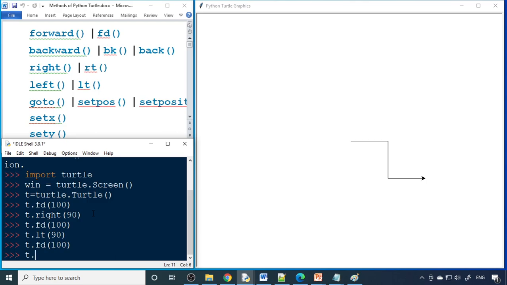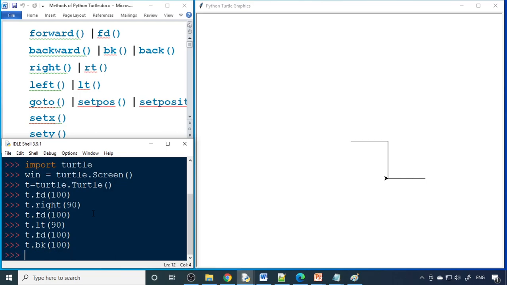The turtle will turn to the left side and then you can move forward 100. You want to bring it back to the original point, so that is bk 100, the previous point. Then you want to turn the turtle to the opposite direction, so you can say turn 180. It's turned, then move forward 100. Then you can turn to the right side, rt 90, and move forward. So it creates a small box there.